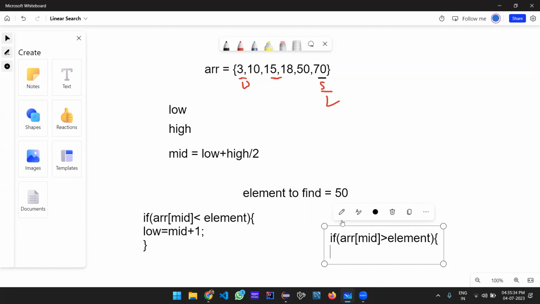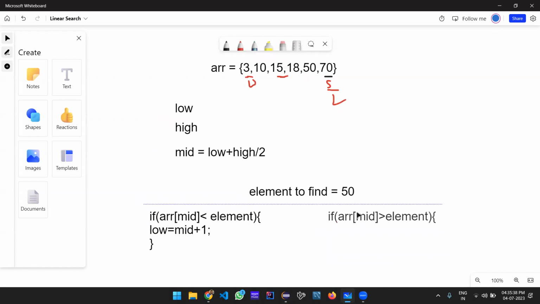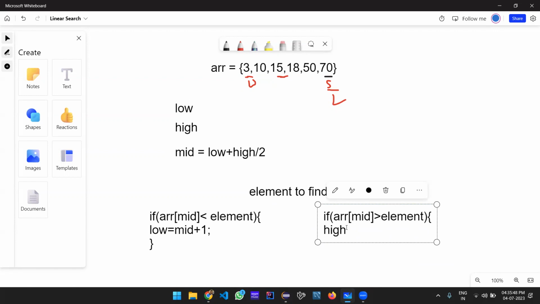For demonstration purposes, I am writing this inside an if block. We will change the high now. High is equal to